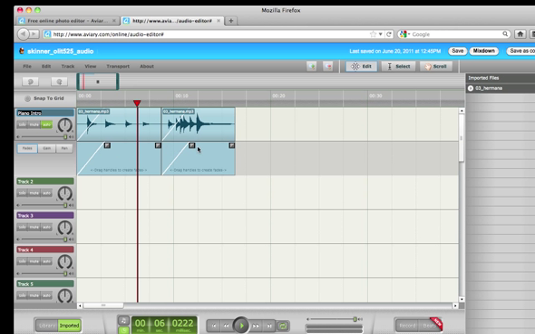Now, because I had a fade applied to that track, it tries to apply the same kind of fade to where I split it. And I don't want that, so I'm going to grab my fade and pull that over. Please, no fades between these two pieces. Now I've made the split, and the reason that I've done that is I want to select this second part